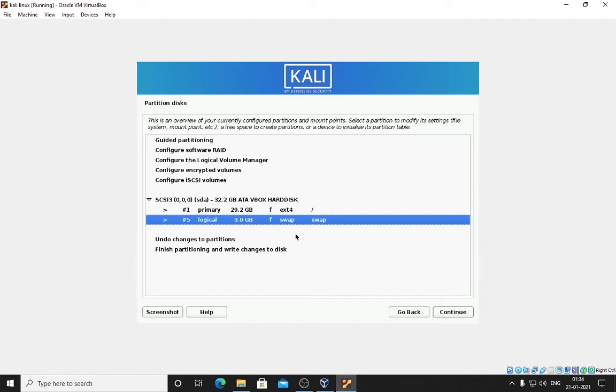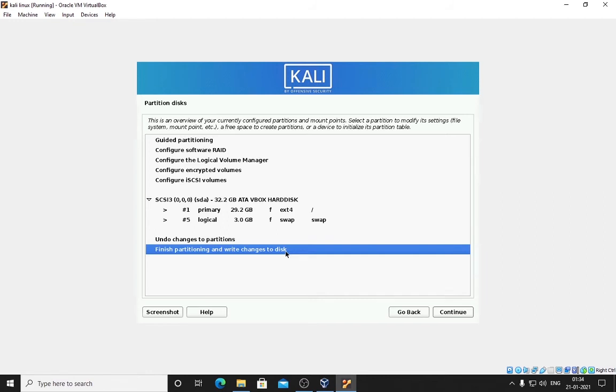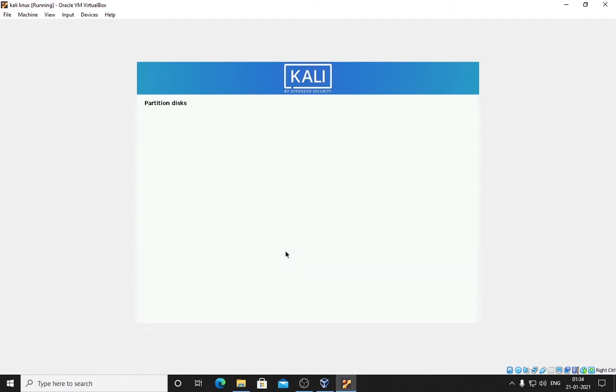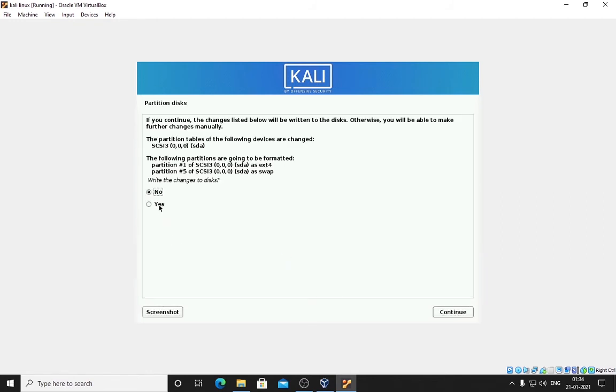So swap partition, most of the people say on the internet, I have read the threads and I experienced it myself, whatever RAM you have allocated or you have physically in your system, double up the swap space. So we have 2 gigs of RAM allocated to this virtual machine, so I will be giving 3. I know technically it should have been 4, but I am giving it 3. So click on this finish partition, double click and it's done, and click on yes.